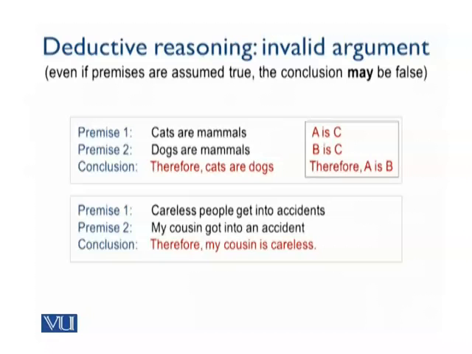Conclusion, therefore my cousin is careless. If you compare this with the first argument, this kind of argument people are making all of the time, or they're getting away with it. So we have to understand these fallacies, where fallacies mean incorrect or invalid arguments, so that we can first of all avoid them ourselves and also identify when other people are making such arguments, so we do not get unnecessarily